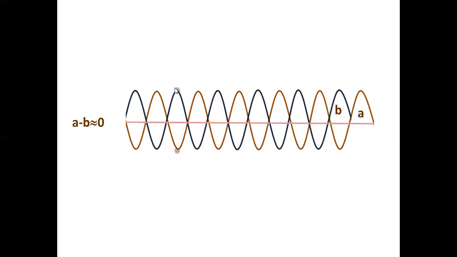So if the crest of one wave falls on the trough of another, with a path difference of lambda by 2, that means one wave has to travel lambda by 2 distance more, that destroys the wave, and the result is no wave at all, because they cancel each other. Because if this is a water ripple, one wave says you go up, another wave says you come down. What about this one? If these amplitudes are the same, the result is 0.